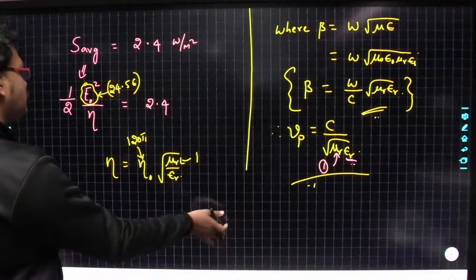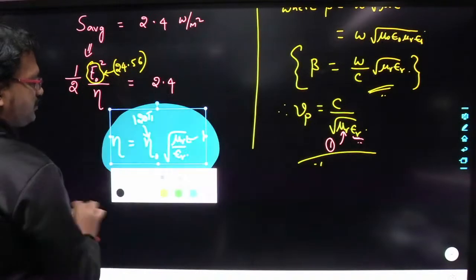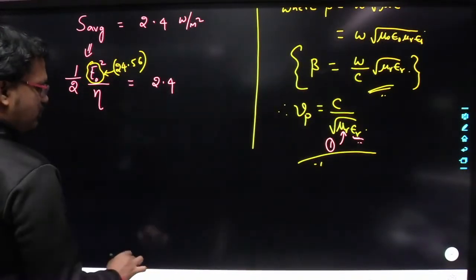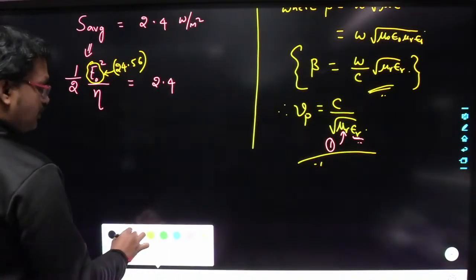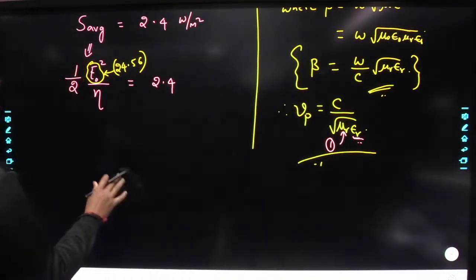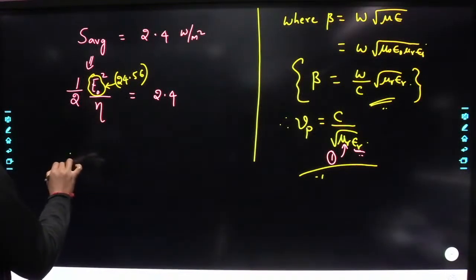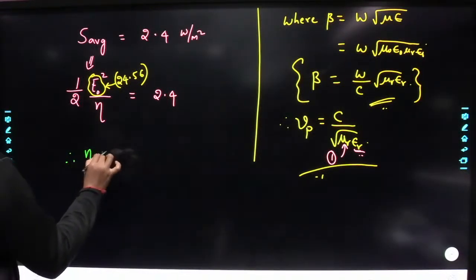So once you determine epsilon r value, then you can easily determine the phase velocity, right? So what you have to do? First you have to determine eta value. From eta value you can determine epsilon r value. And if you know epsilon r value, then you can determine phase velocity. That's it. So from here what you are going to get? You are going to get eta is equal to